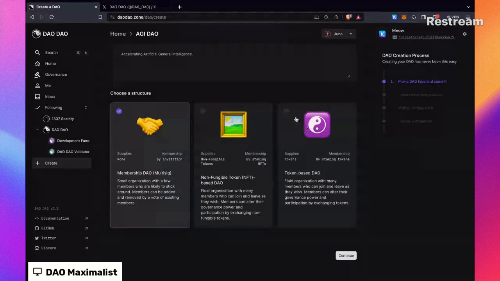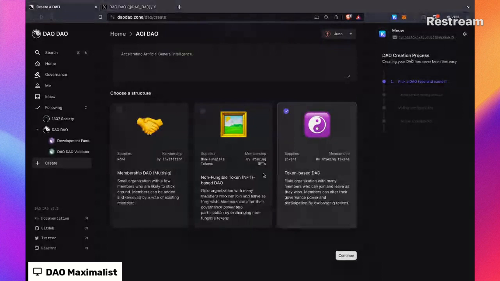Follow whatever you want to follow, but I'm not trying to dissuade people, I am dissuading people. Definitely start with a membership DAO, because once you launch a token-based DAO, it's really hard to change things. I almost always recommend people starting out with DAO tooling, especially if you're just playing around, start with a membership DAO. It's really fun. But today, we're going to go full degen and start with a